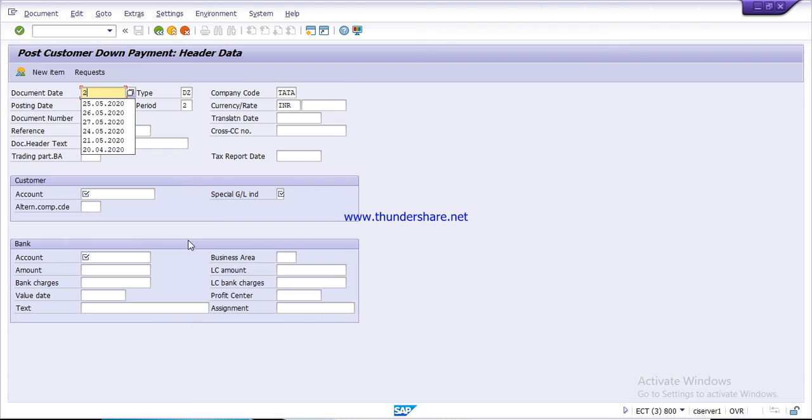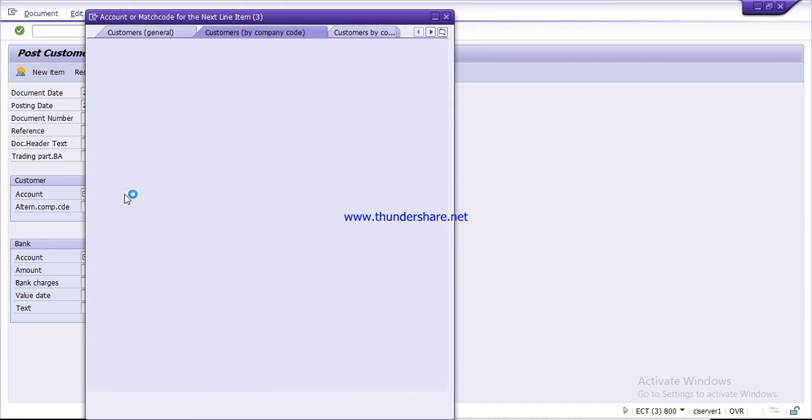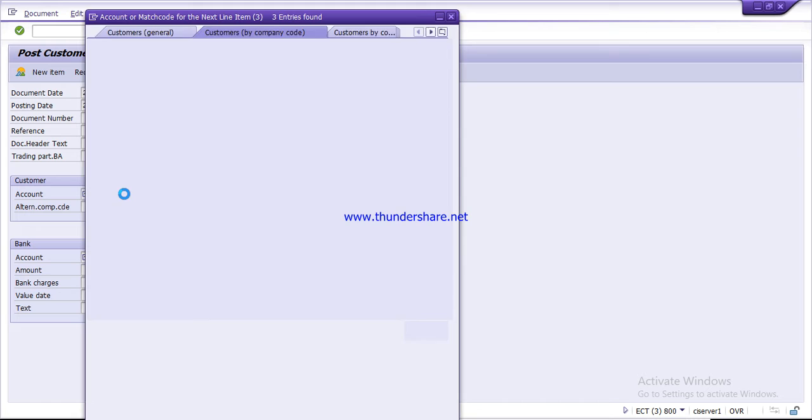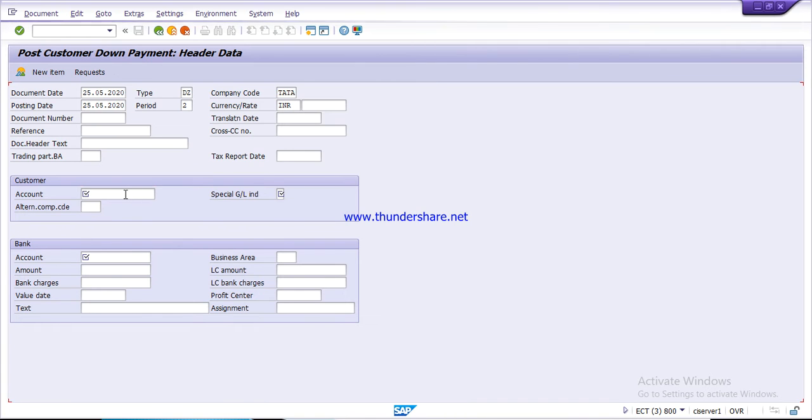Here give the document date 25th May, posting date 25th May, then give customer account. Balaji and Company was our customer. Here we will select the special GL indicator A, then select the bank details.